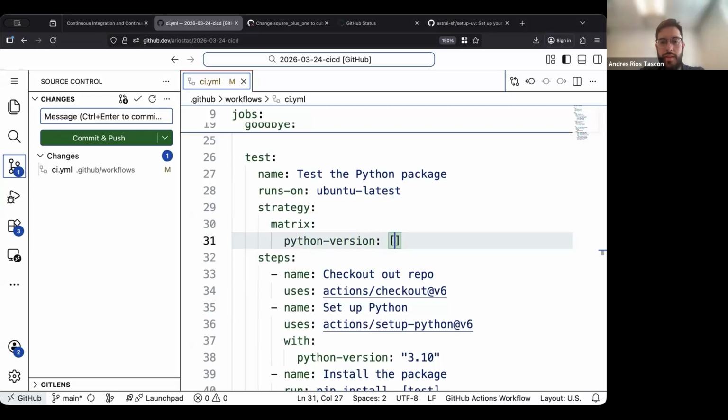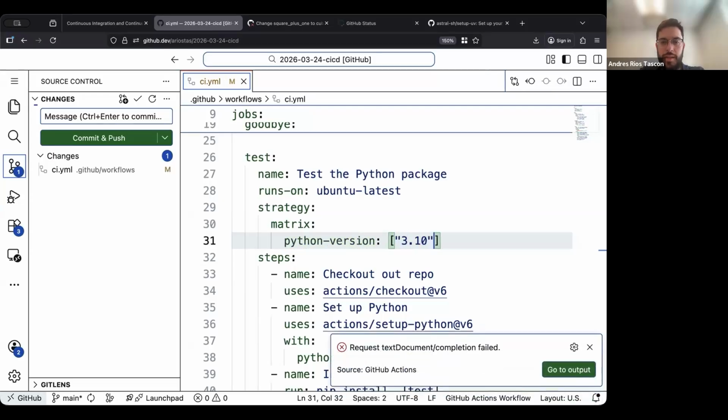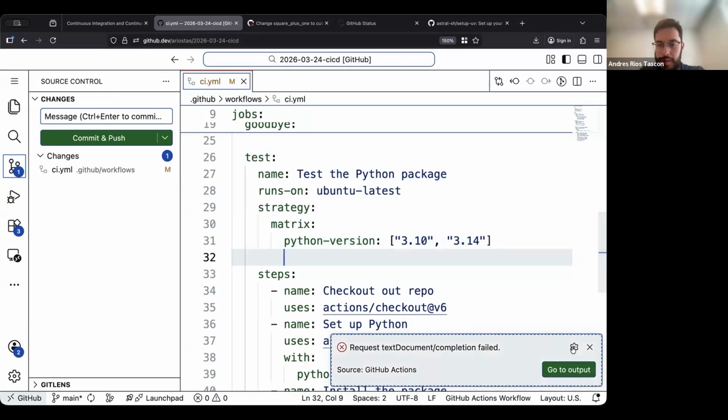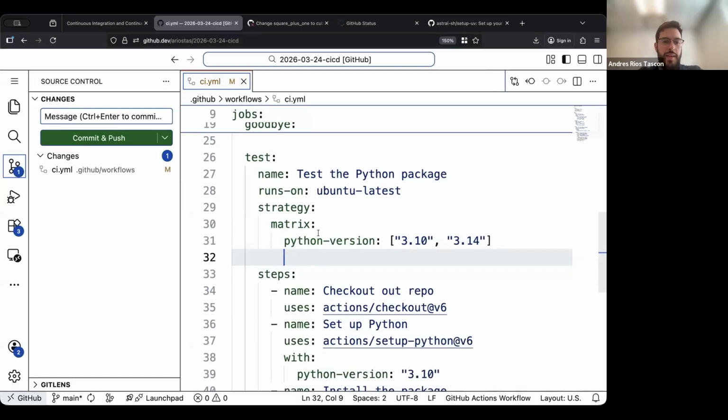And within this, let's say that we want 3.10, and then also the latest one, 3.14. That will be for the Python version, and then for the platform,